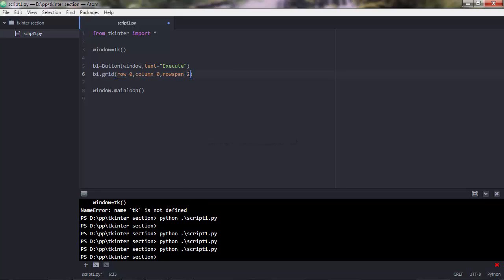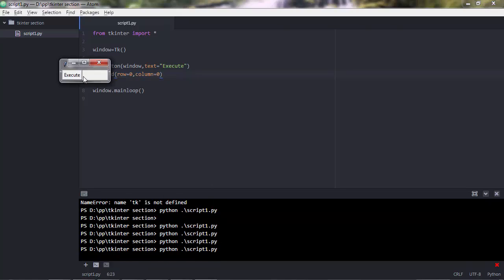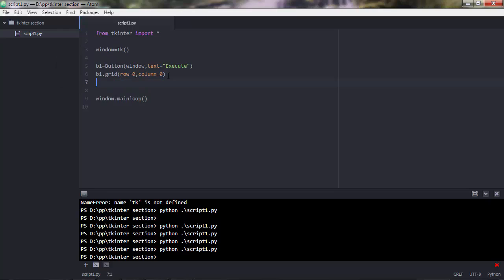In our case, this is not necessary actually, because we don't have lots of widgets, we only have one button. And so let me execute this script now and see what we get. So we get a button, which actually does nothing because we haven't specified what action to perform when you're pressing the button. And I'll explain that in the next lecture,